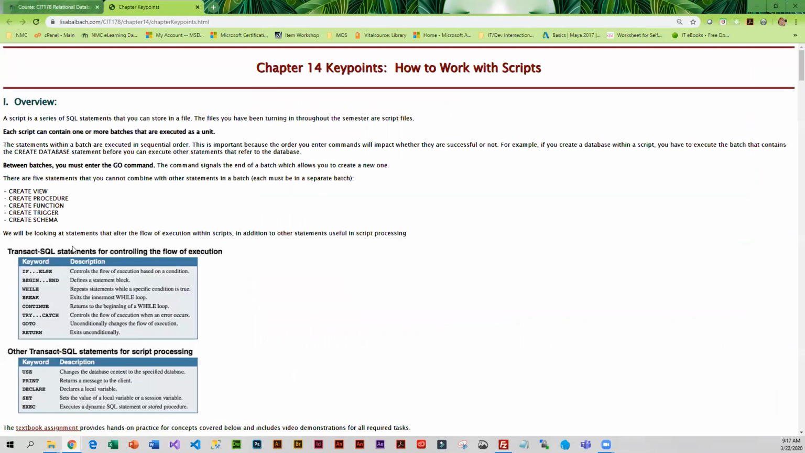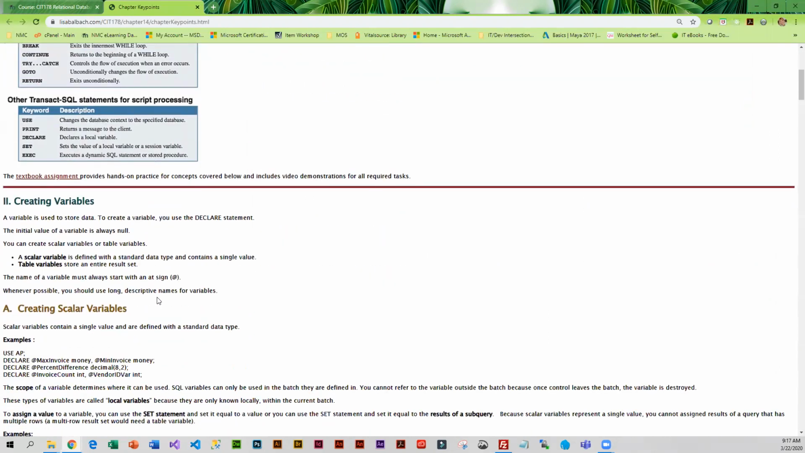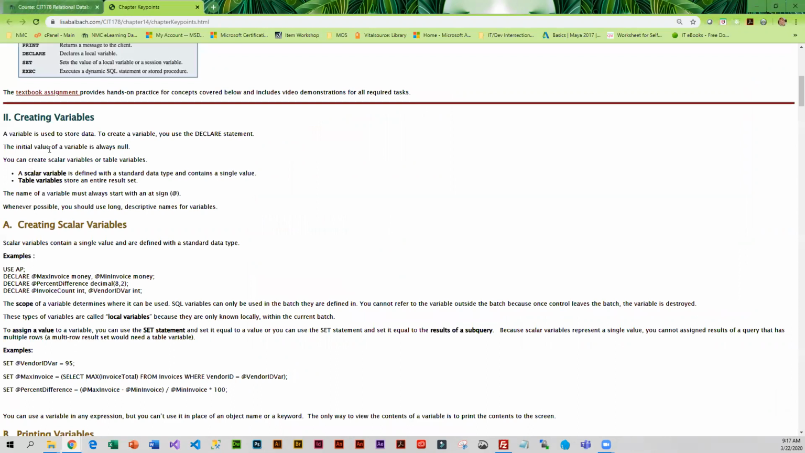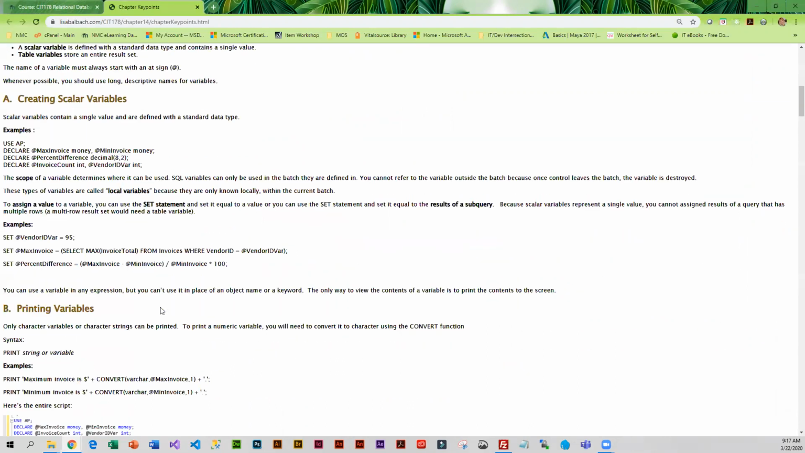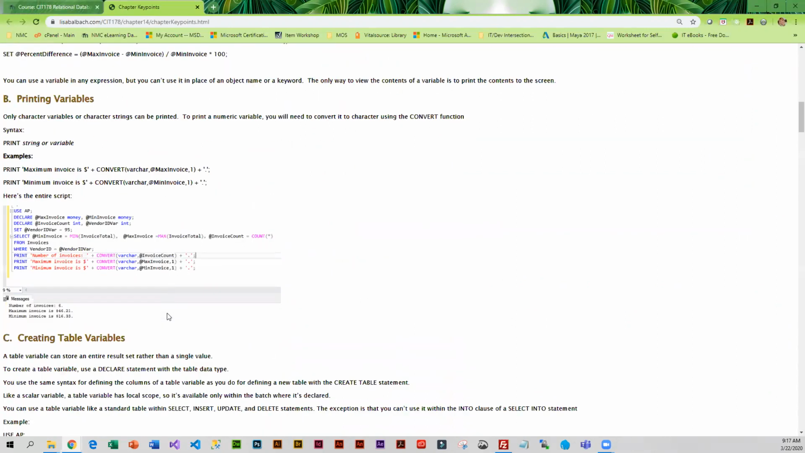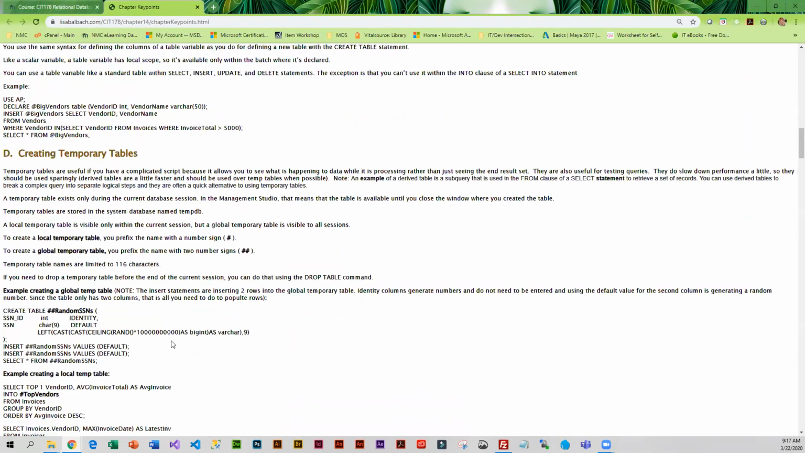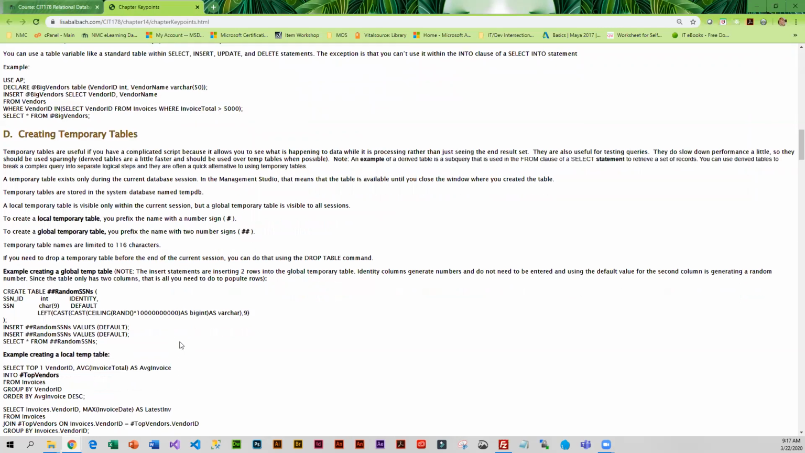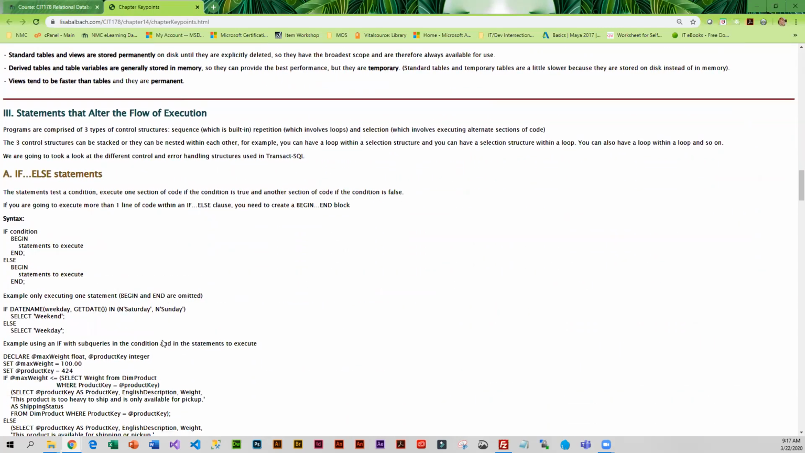And as far as what we're covering this week, as I mentioned, it's scripting. And so we get into how to create scalar variables, which is a variable with a single value, and table variables. And then we talk about how to print them, how to do temporary tables. And then we get into